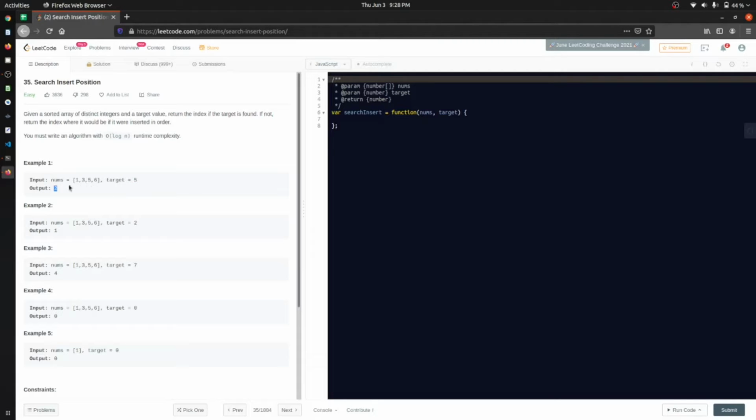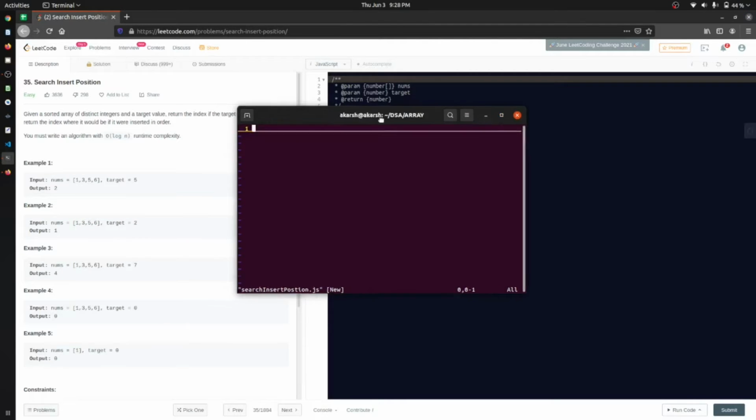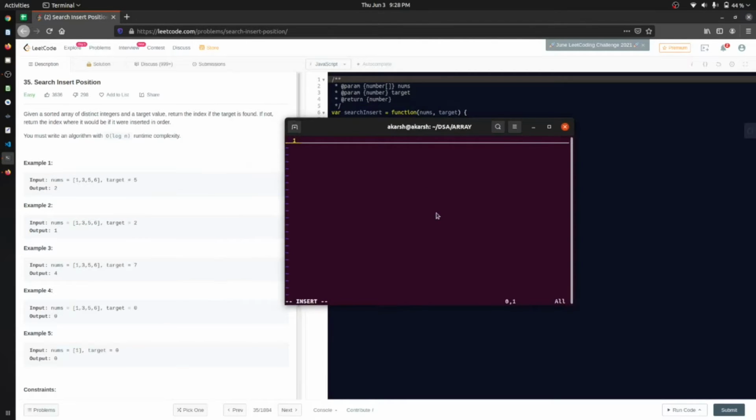Firstly, if the target is present in the array, just give me the index. And if it is not present, then just give me the index where it would be inserted in the array. So what will be the logic behind this?